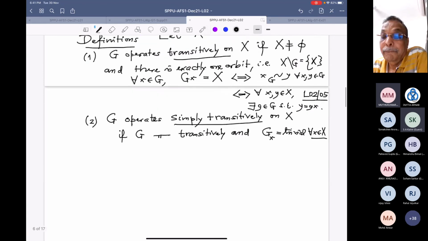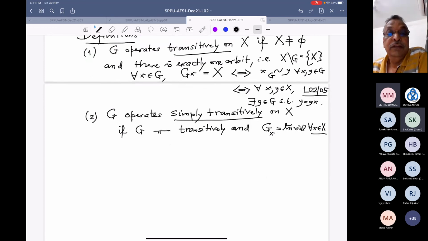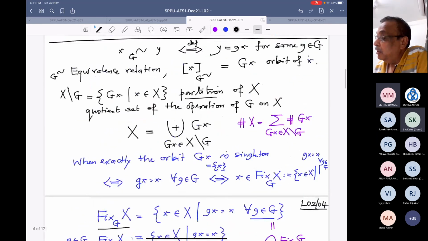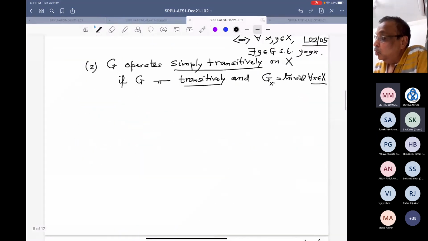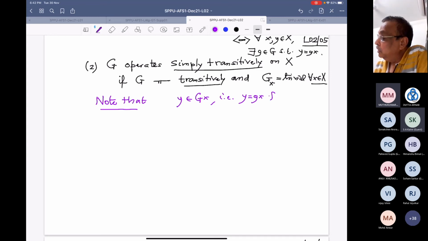But you see, this also you can improve instead of saying for every x, because transitive will tell you what. So first of all, we know the relation between... So recall, I should have written earlier. I don't know whether I've written earlier. All right, I will write it here. So note that, this I should have noted before. Note that suppose y is in the orbit of x. That is y equals gx for some g in G.